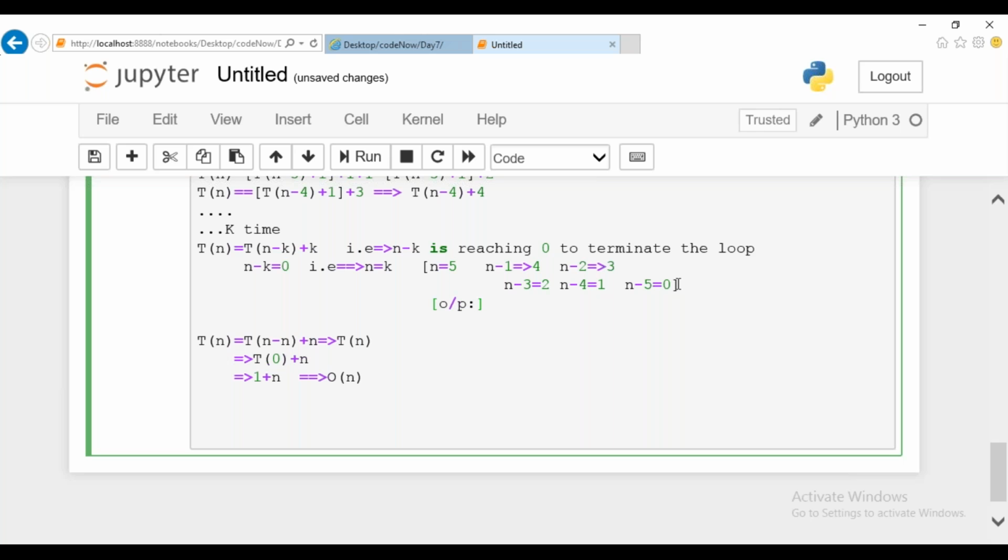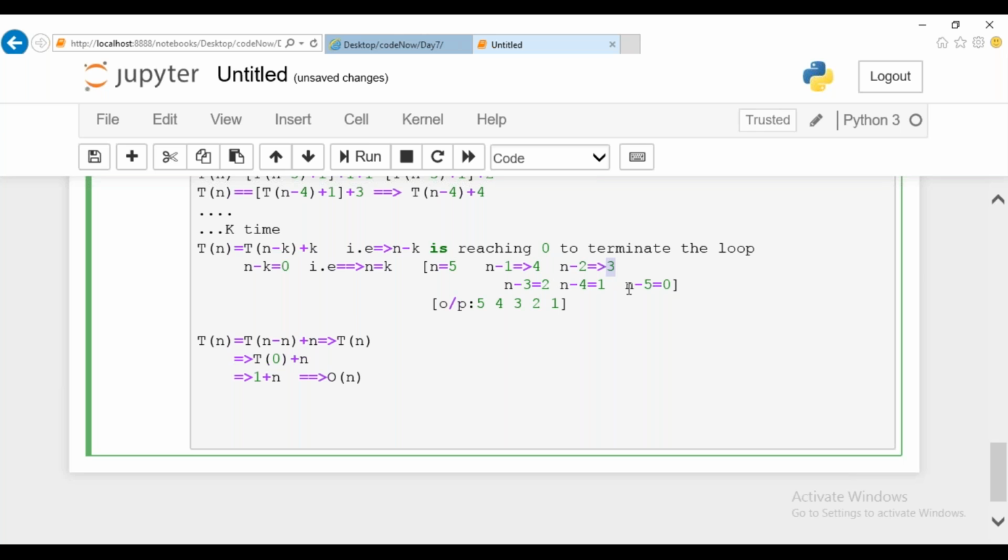Okay, it is a stack memory, right? I'm showing the stack memory, guys, how it will be stored: 5, 4, 3, 2, 1. This will be stored. Once it reaches 0, it is going to terminate. So you can notice that. How many iterations are happening? The given number is 5. 5 minus 1, the value becomes 4. At your second iteration, 5 minus 2, the value is 3. At your third iteration, 5 minus 3, the value is 2. At your fourth iteration, 5 minus 4, the value is 1.